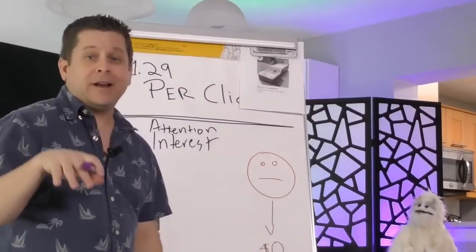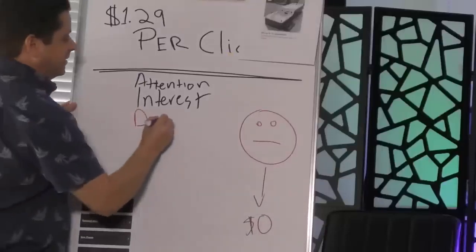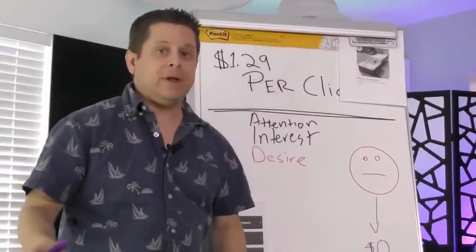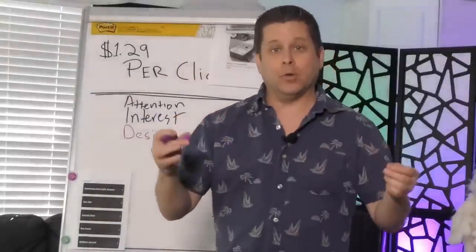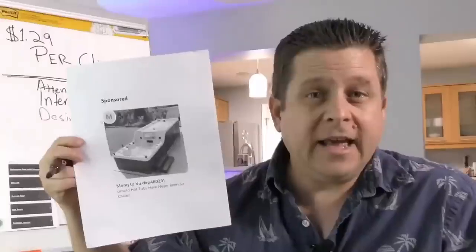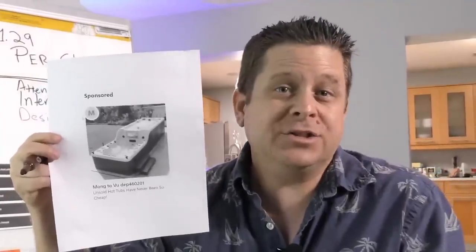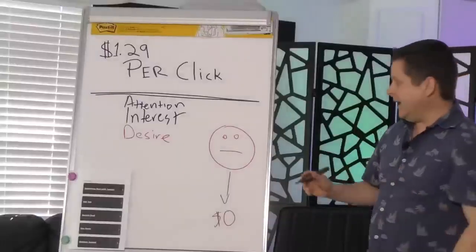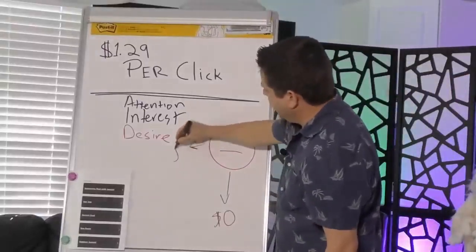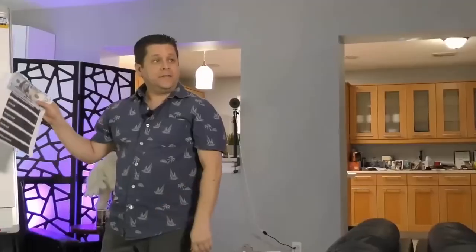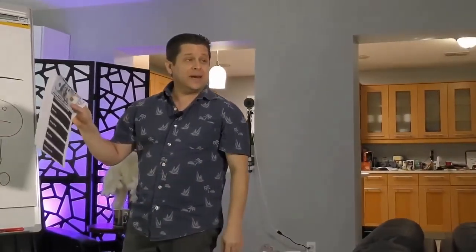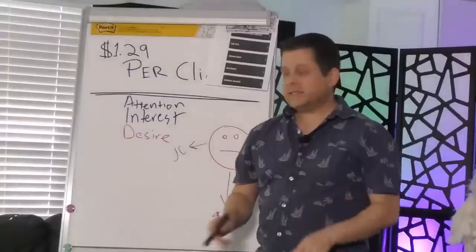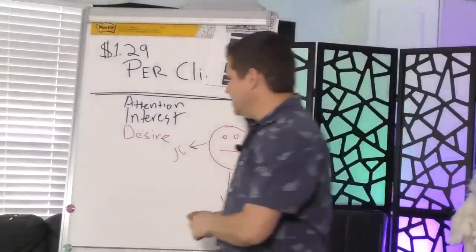The next word in our marketing acronym is desire. Can we get this guy who's not worth anything over on Facebook or on some random blog to desire something that'll make him worth more money? Enter the weird ad. If I can get him interested in clicking on this ad, which lots of people would be like, hey, wait a minute, what kind of jacuzzi is that, and why don't I have one? Then I can narrow down the focus and say, hey, this guy is interested in a jacuzzi. And these jacuzzi companies here are paying tons of money for each and every click on these little buttons that go to their website. And that brings us to the last letter in our acronym, which is